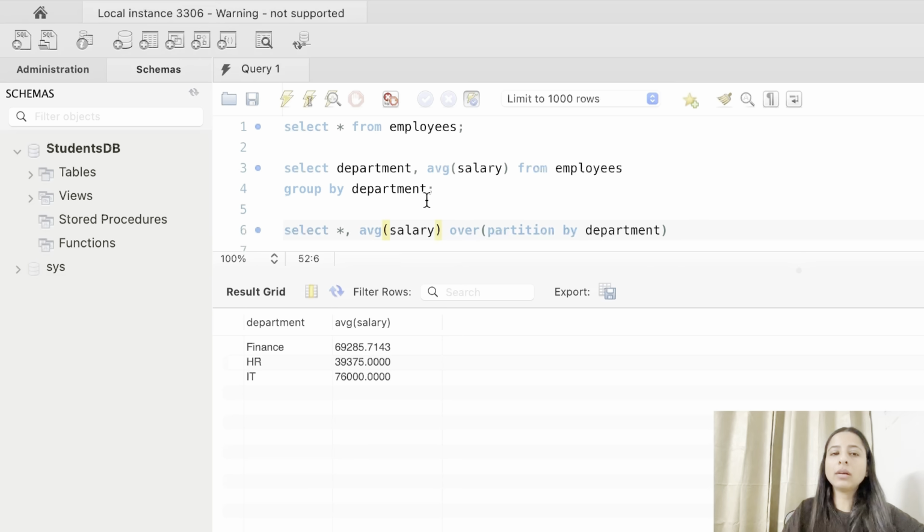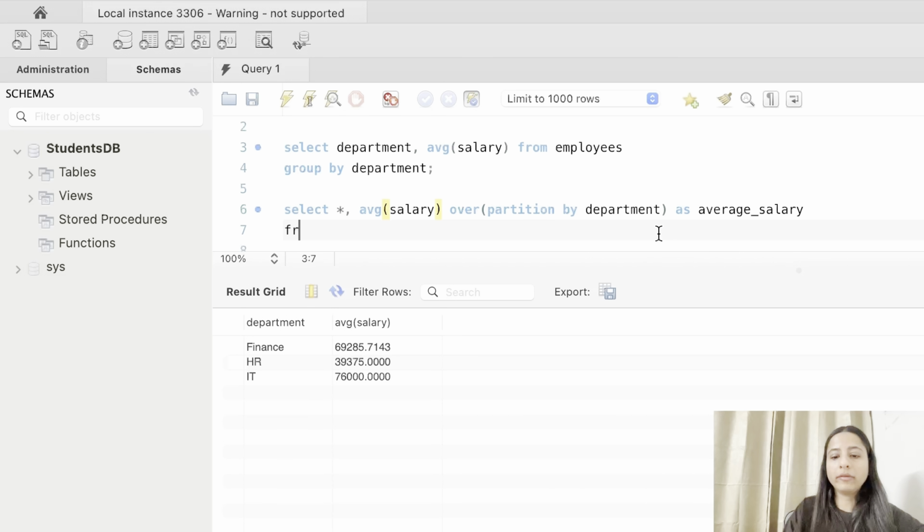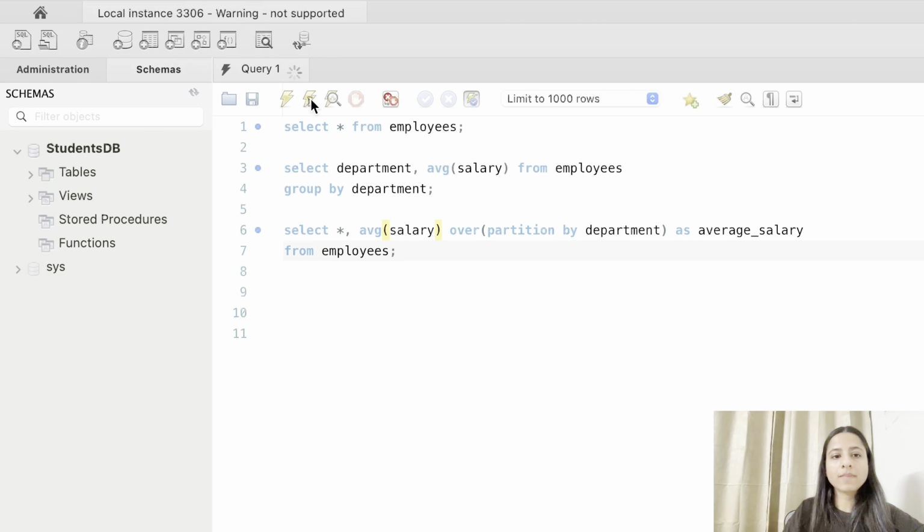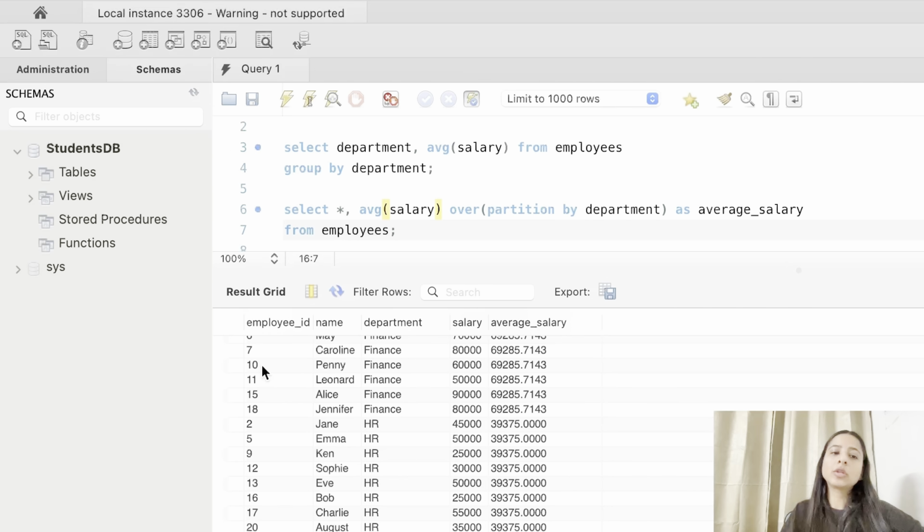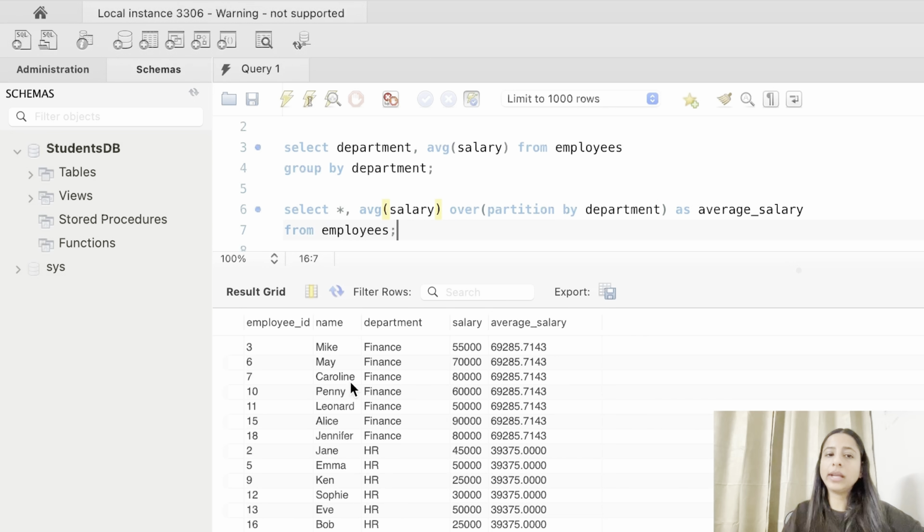So select star, comma, average salary over partition by department, and we give it an alias as average salary. Okay, from employees. Now let's execute this. Here we get all of the employee ID, name, department, all of the rows and columns, and the average salary as well for each department.